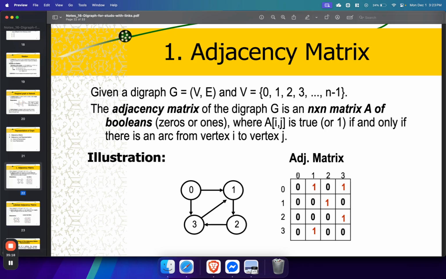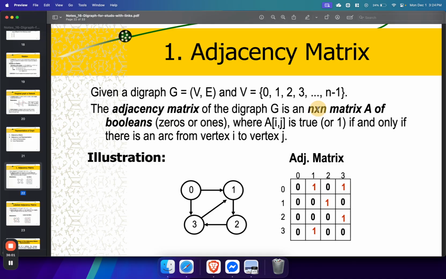So here I have an n by n matrix. Why is it 4 by 4? Remember, I said n by n matrix. n represents the number of vertices. I have 4 vertices. Therefore, I have a matrix that is 4 by 4. Easy, right? Next, why are there only 0s or 1s inside my matrix? That's because it's a matrix of booleans, so they can only contain 0 and 1. So we're breaking down the definition one at a time.